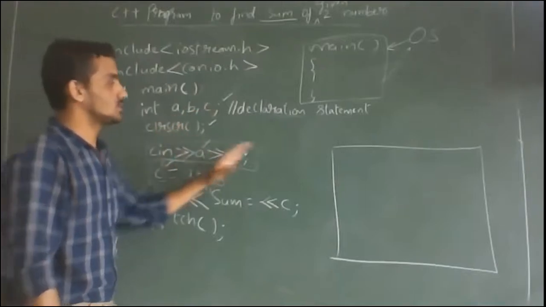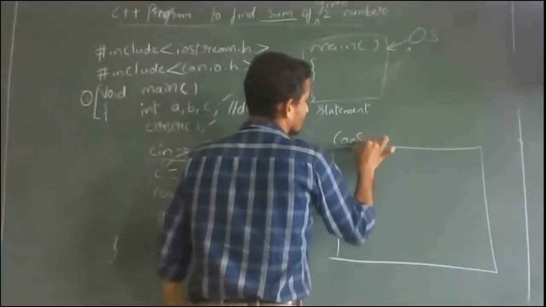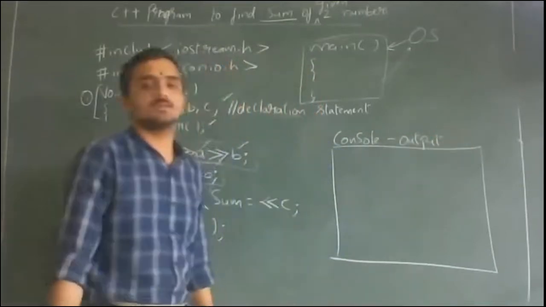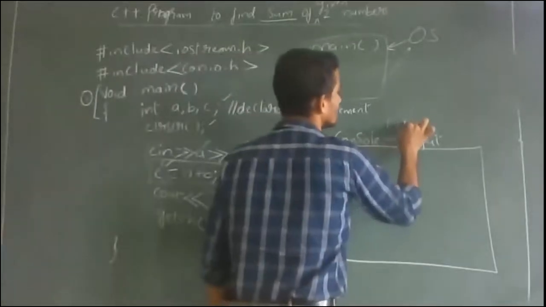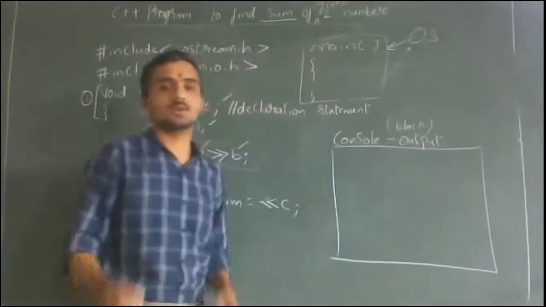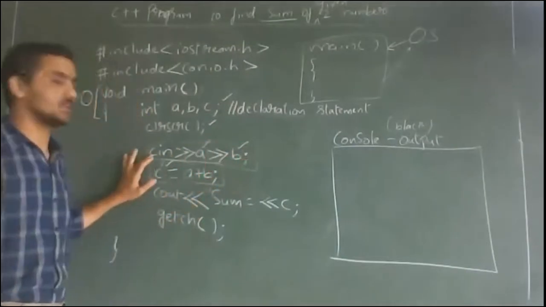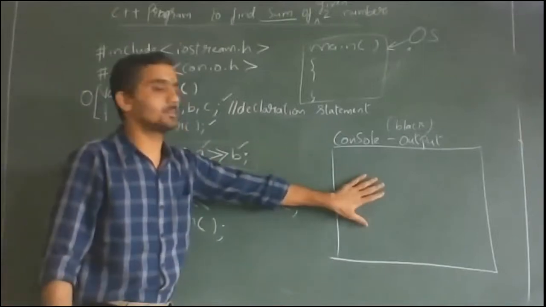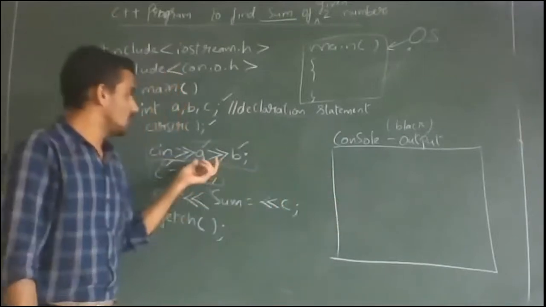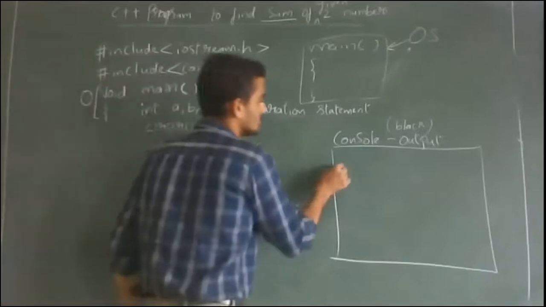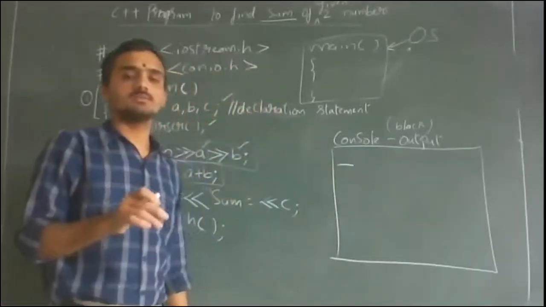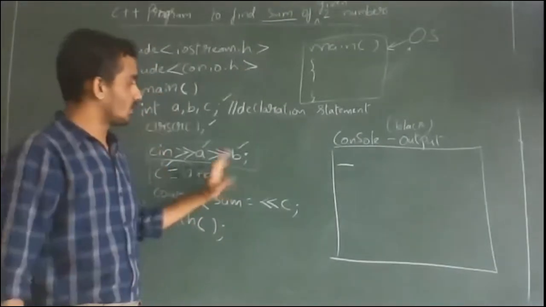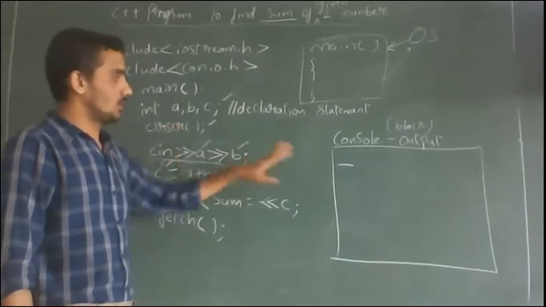View screen. So console means we have to come to the black screen. Okay. Because console output, here it is there. So just write the color name so that we can remember. It should come into your mind. So C stands for console. So because it is console, we have to come to the console part here. So when you come to the console part, two variables are there, A and B. So cursor starts blinking. You have to type the value, then it will return back to the program. So unless and until we type the values, it will not return to the editor part. So we have to type the value.